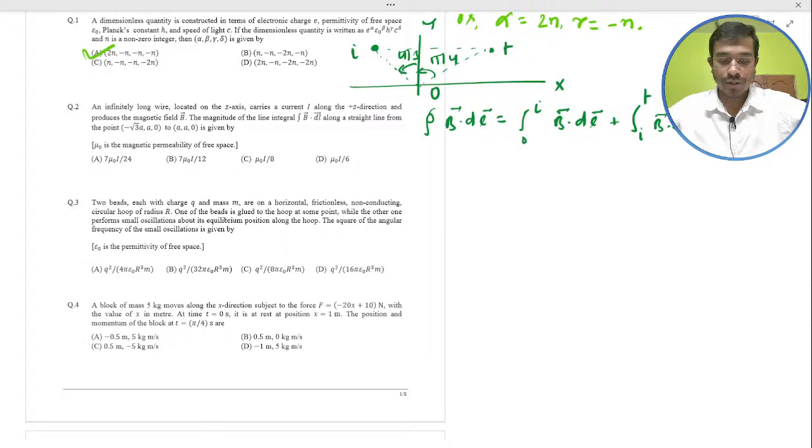This is equal to what? And that is equal to mu naught I by twice pi, 7 pi by 12,